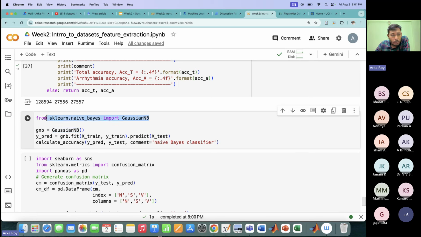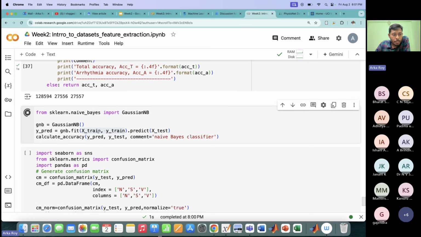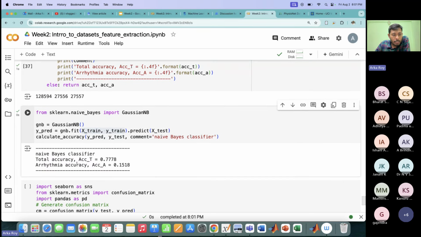So over here, you get the Gaussian naive Bayes classifier. Then you declare it with this GNB variable, because I already told you that in many cases you will see object-oriented programming. So this creates an object, and then you fit it based on the training data and training labels. Okay. So over here you can see that your total accuracy is 77.78%, out of which